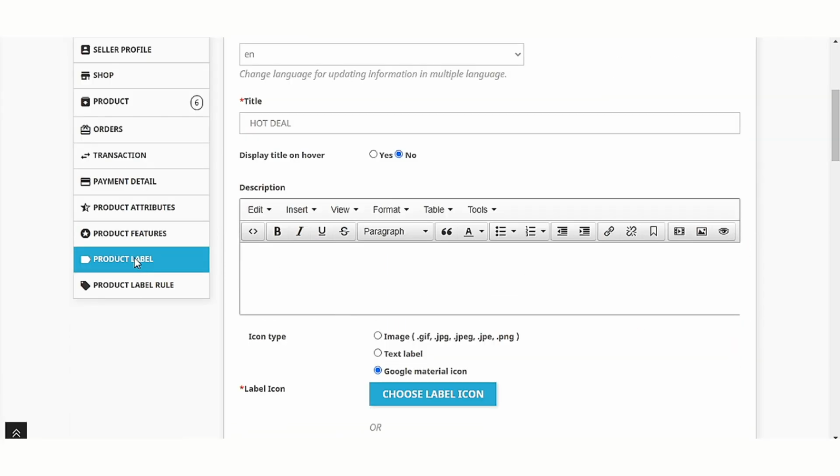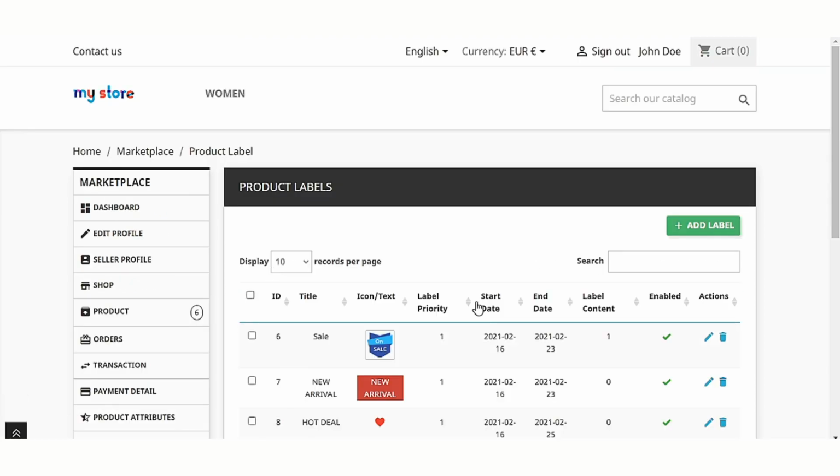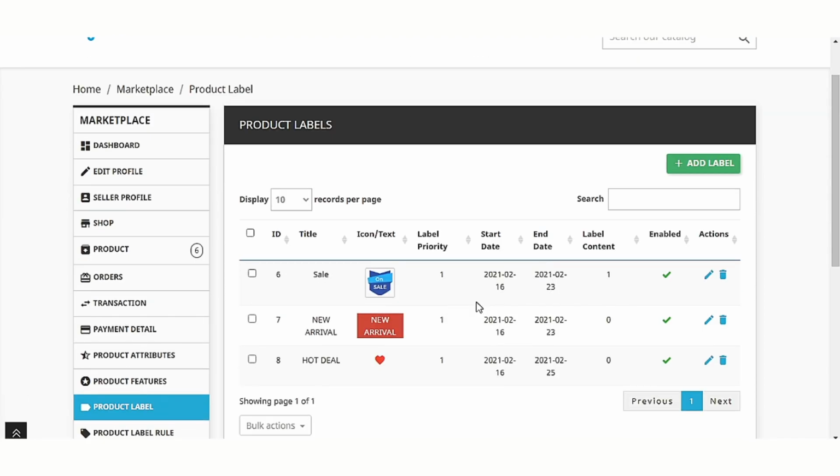A seller can view a list of labels he has created under product labels. A seller can enable, disable, edit, or delete the label.